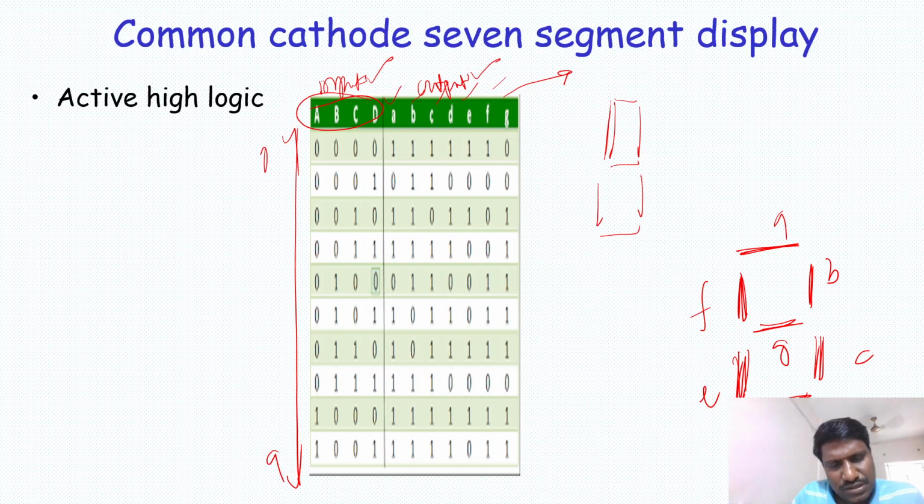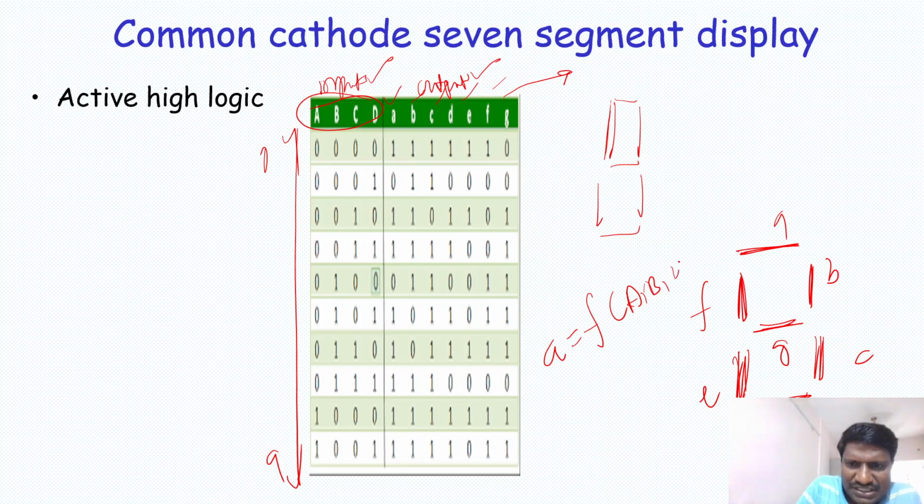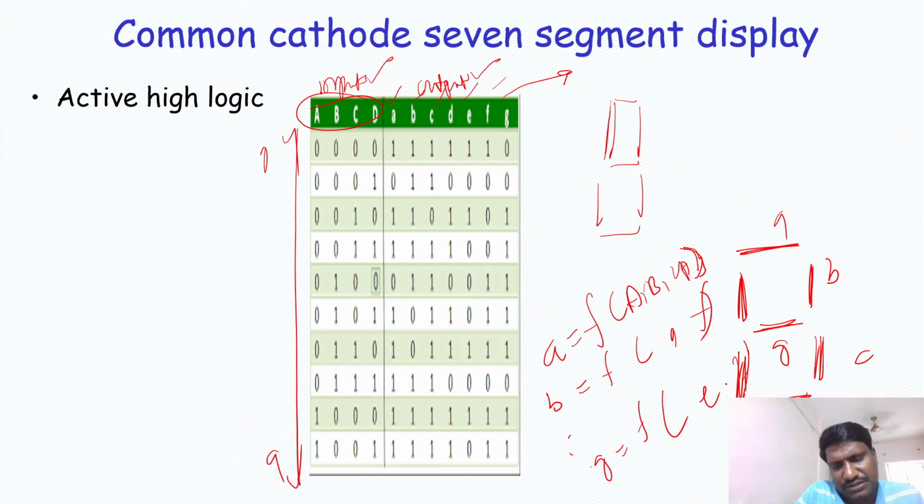Now we can see the input output relation. How many K-maps are required? Small a is a function of capital A, B, C, D. Likewise, everything is a function of A, B, C, D. B is also the same function, and G is also a function of A, B, C, D. So I get an expression for a, for b, and for g. For example, if I want the expression for a,